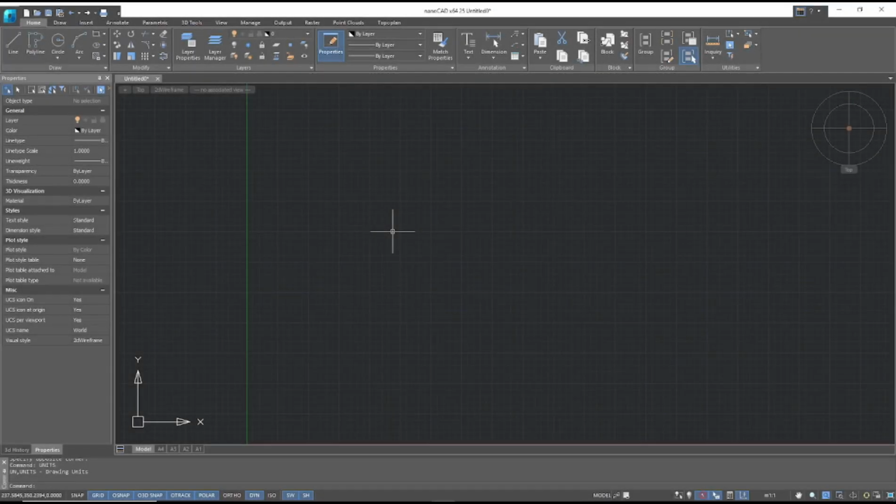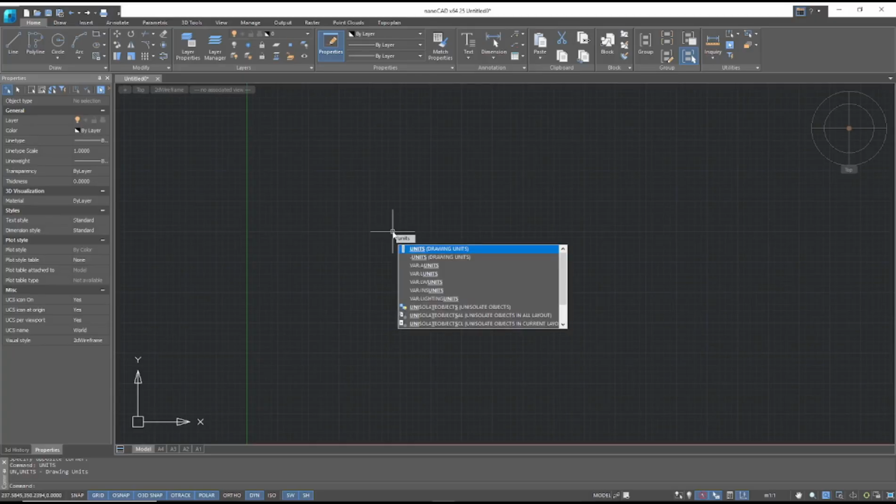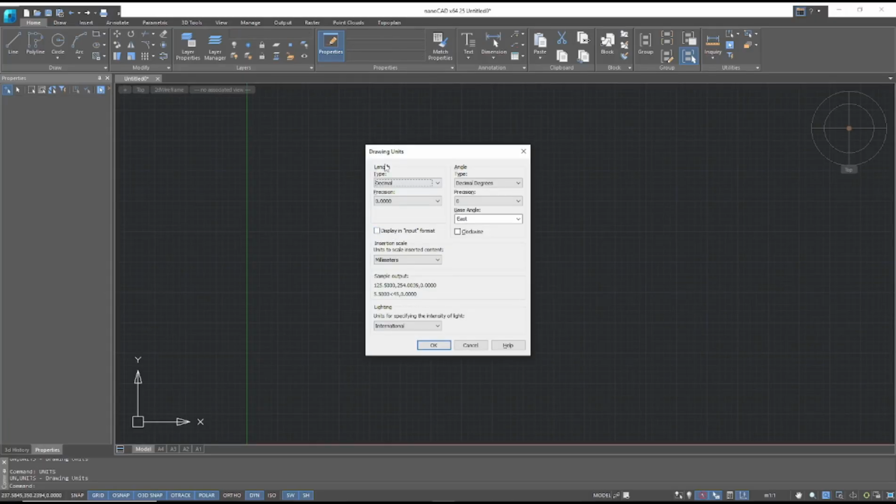Hello everyone, today we are going to learn a basic NanoCAD tutorial: how to change units. If you want to change units, you can type units, press enter, and the drawing units